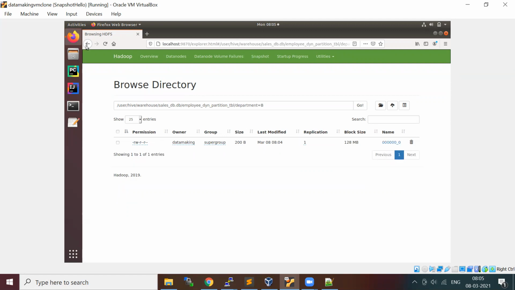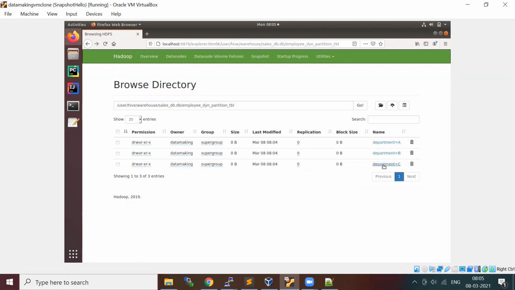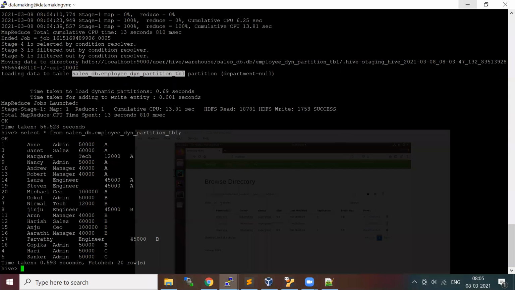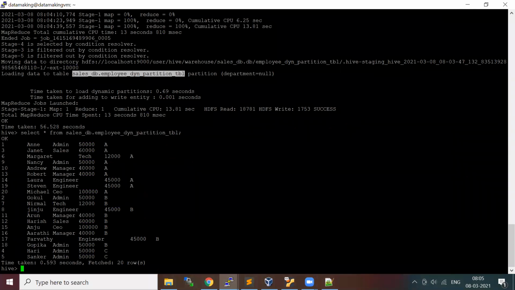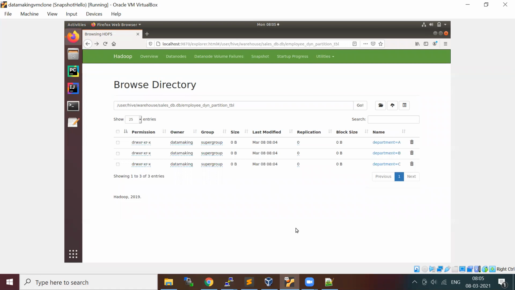But here, we did not provide the department values statically. It automatically took the distinct values of the department column and prepared the partitioning of your data.